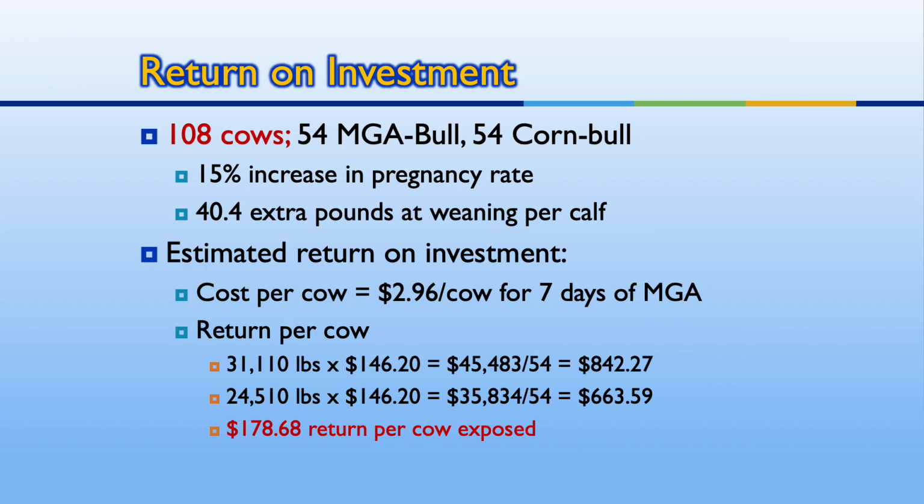Just to get a little idea of what return on investment is, several years ago we had 108 cows, where 54 of them were fed MGA and 54 of them were fed corn before we turned the bull out. We had an 80% preg rate in the corn group and a 95% preg rate in the MGA treated group. The MGA treated group averaged calving 17 days earlier than the corn group, and those calves weighed 40.4 more pounds